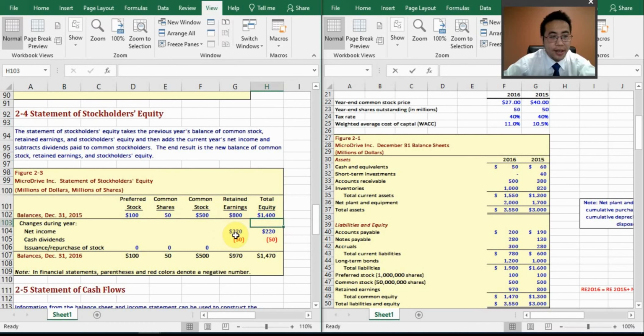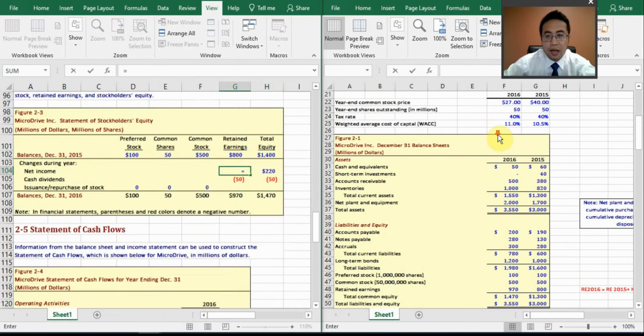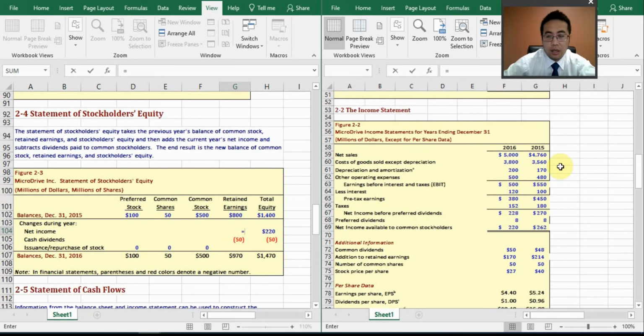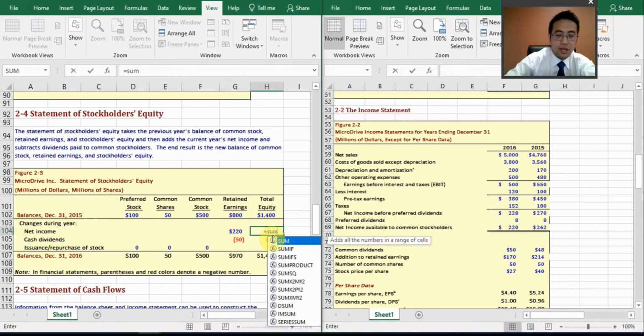And for the net income occurring in the new year, we have 220, and that comes from the income statement on the right. And it's 220, it's right here. And you also have cash dividends, and you have to put a negative sign in front of it. I'm not sure if you can see it very clearly, but I did put a negative sign in front of it, and then I link this common dividend. All right, and for the total, you just sum all of them,